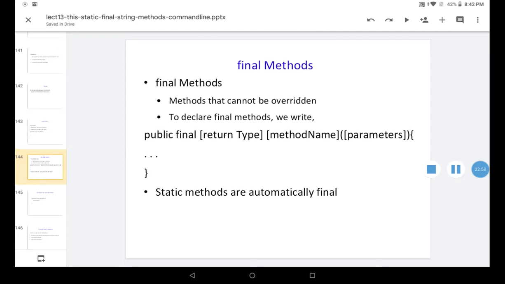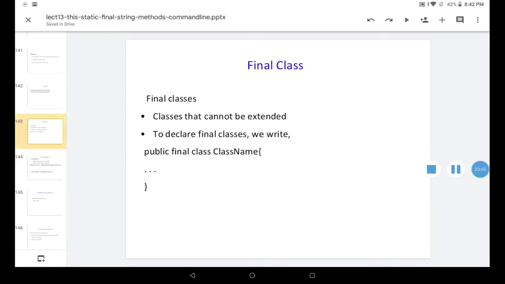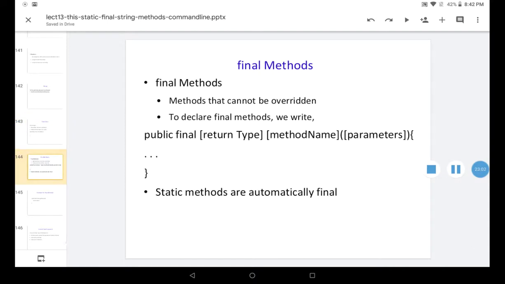There are also final methods. Like final classes, we have final methods. Methods that cannot be overridden are called final methods. To declare a final method, we write public final, the return type, method name and parameters. It is like any other method in Java.